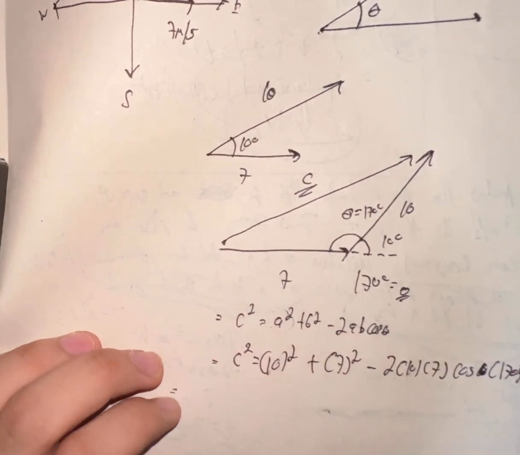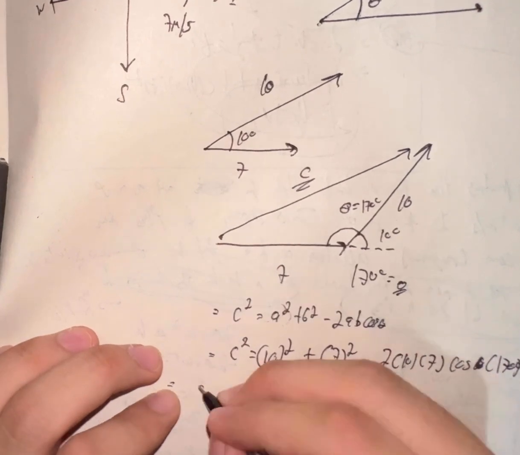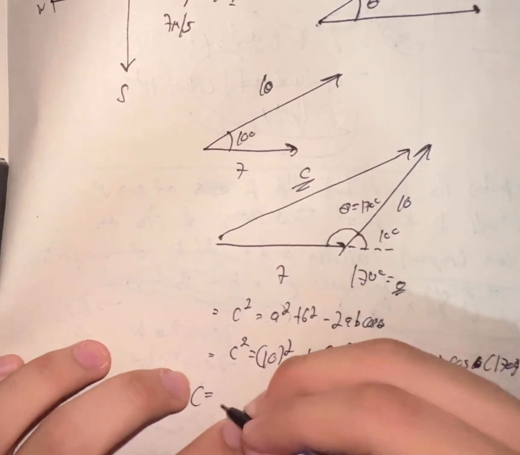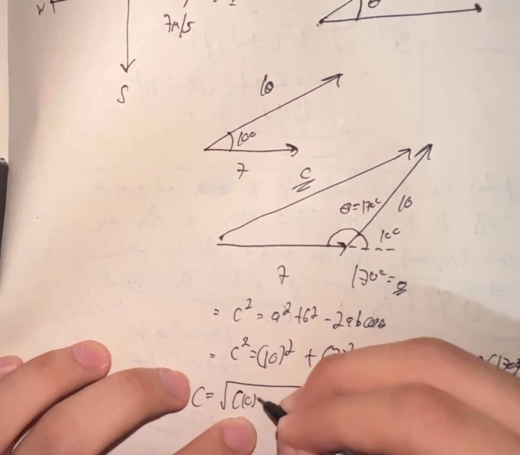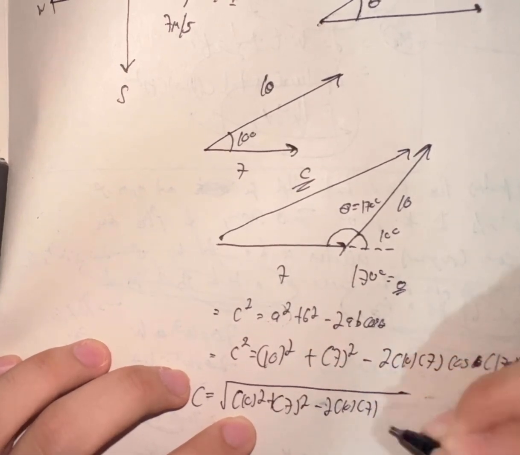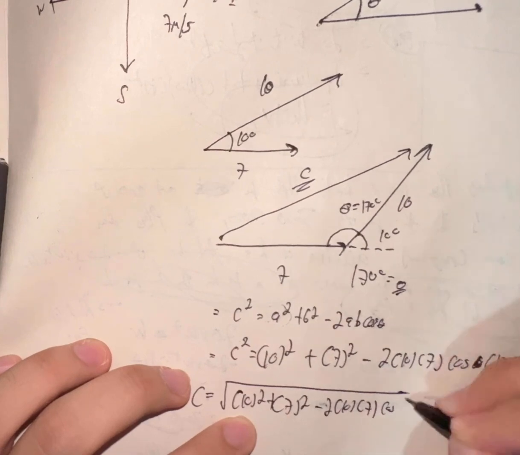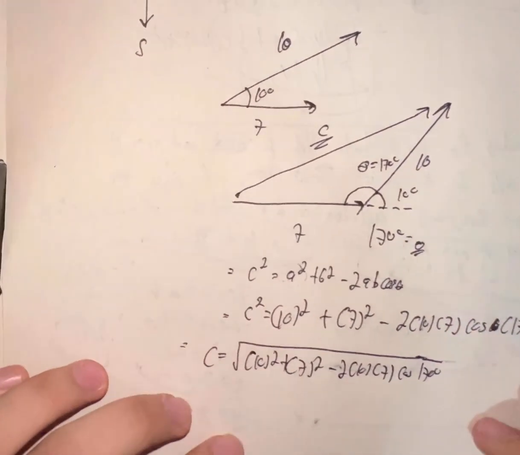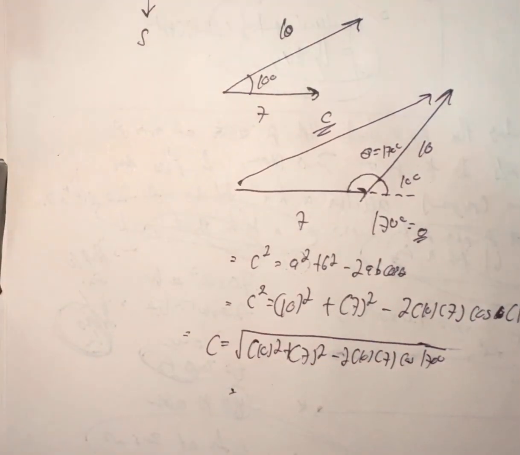So now we're going to have to isolate c. So square root both sides. It will be c is equal to the square root of 10 squared plus 7 squared minus 2 times 10 times 7 times cosine 170 degrees, and substituting that into the formula